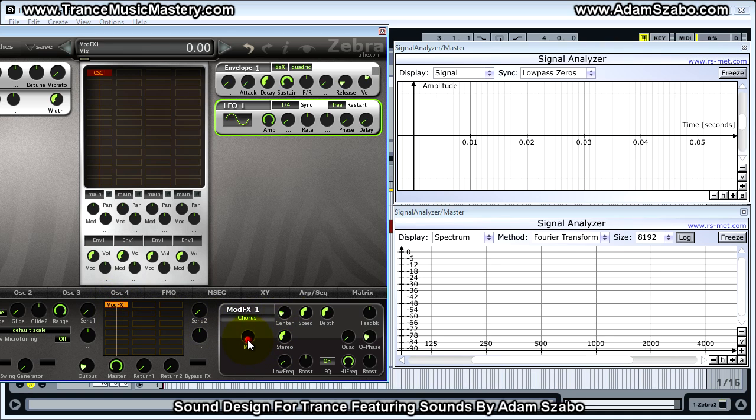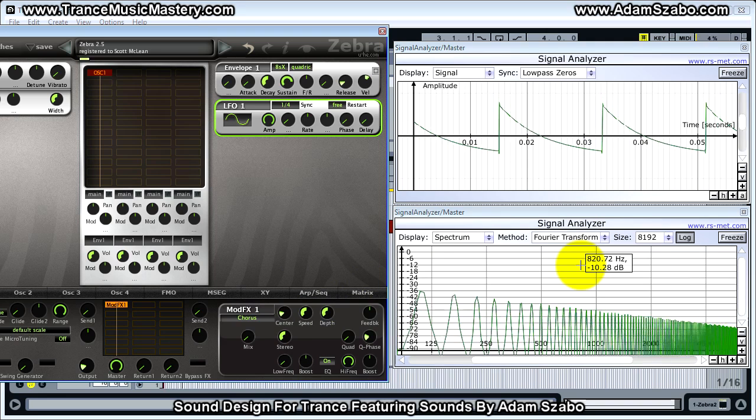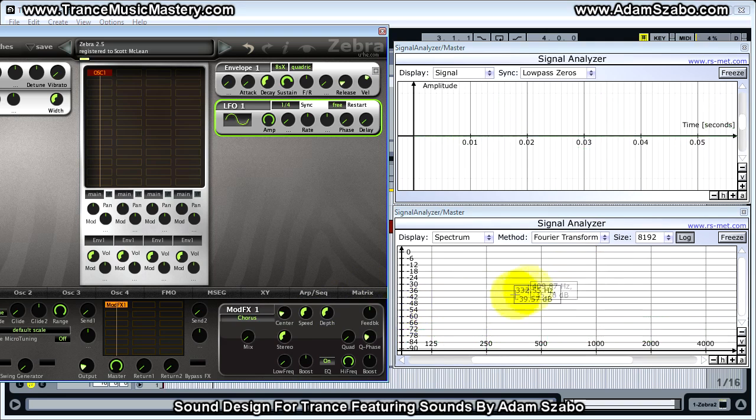For chorus, I'm going to bring the mix. The mix controls what you would expect. This is the dry versus wet. So at 0, we have no effect occurring. So if I play this, we see the standard saw wave shape taking place with the harmonics. Now, if I bring the mix up,